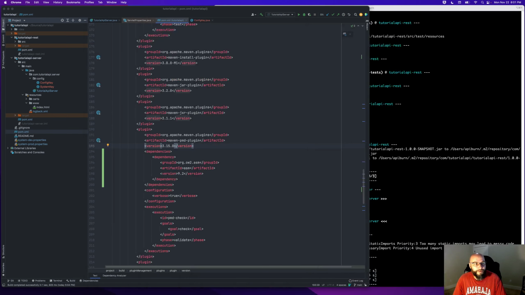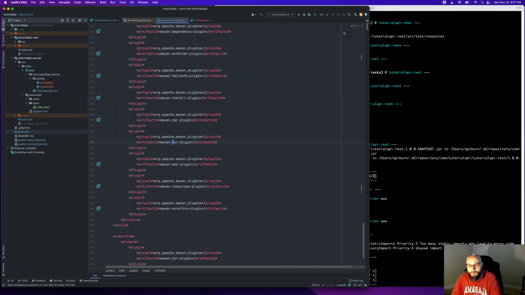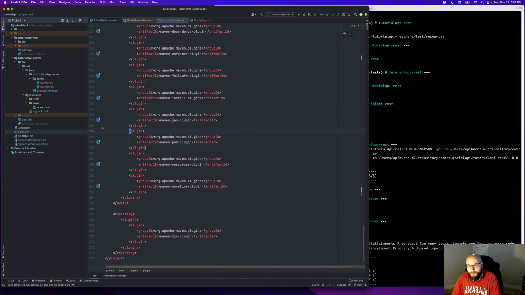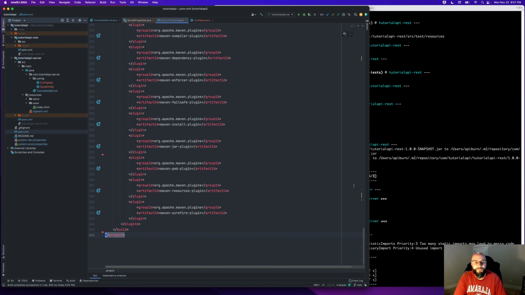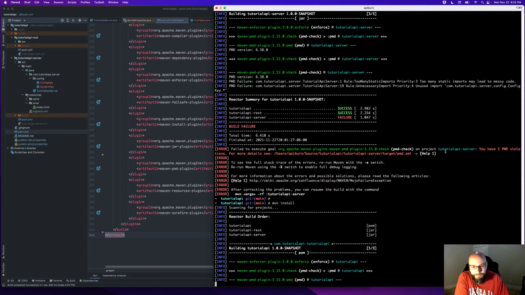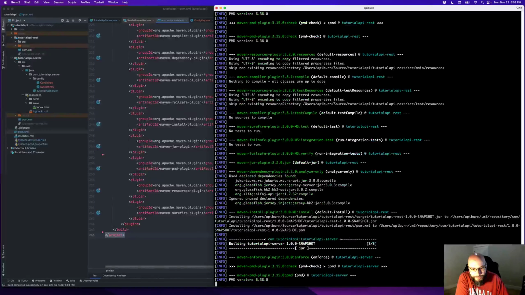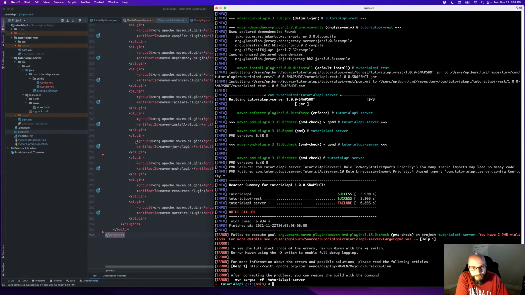So I'll copy this, paste it in my configuration here, and then I'll get rid of this JXR plugin and all the places I have it defined, and we'll go ahead and do another build. We'll just make sure that PMD continues to work even without that JXR stuff, now that we've got the linking disabled. Okay, so that does seem to work.